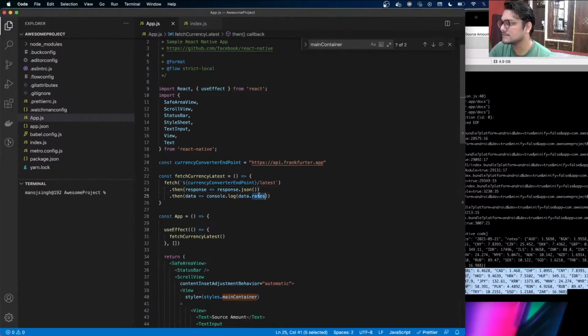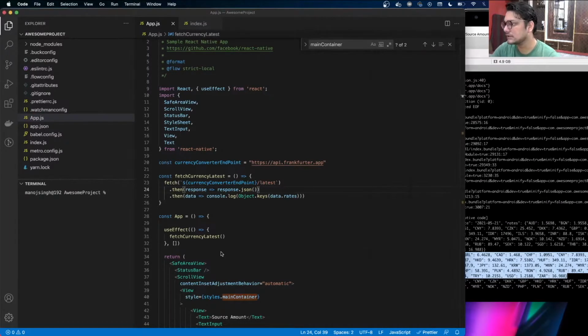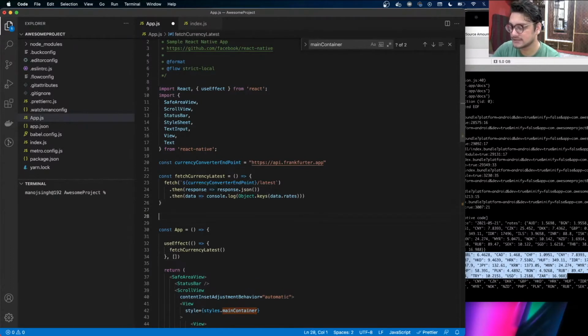Because data.rates is an object and I just want the keys, what I can do is Object.keys(data.rates), and if I go here, you can see that I get the list of all the currencies. But now I want to return it from fetchCurrencyLatest to here. So I'm going to convert it into a custom hook and extract the data from here, for example useCurrency,